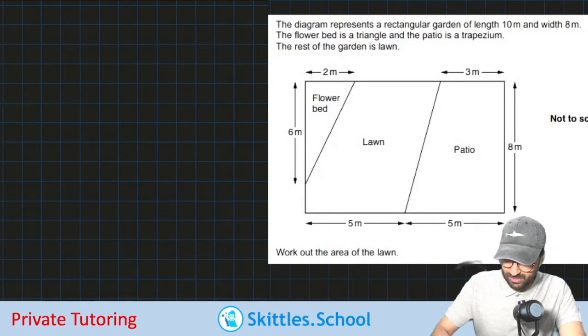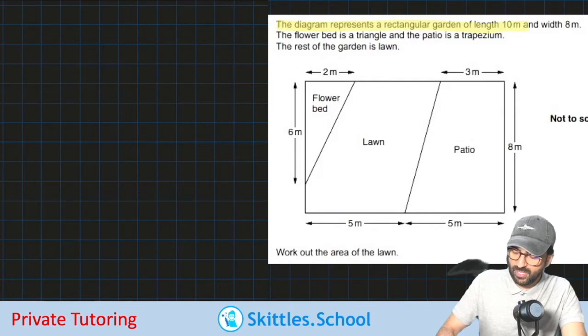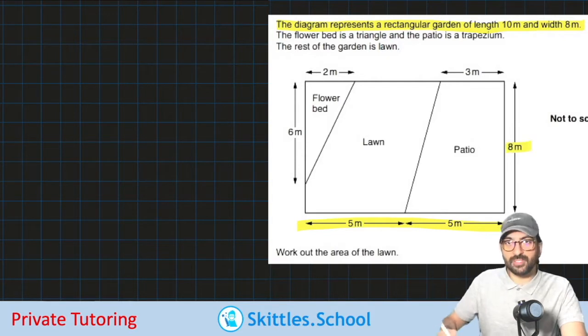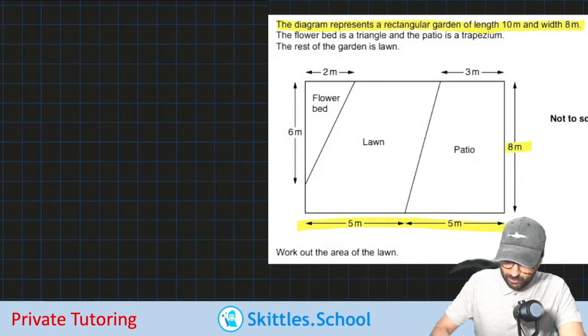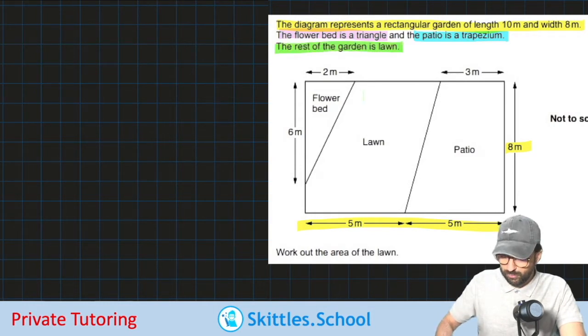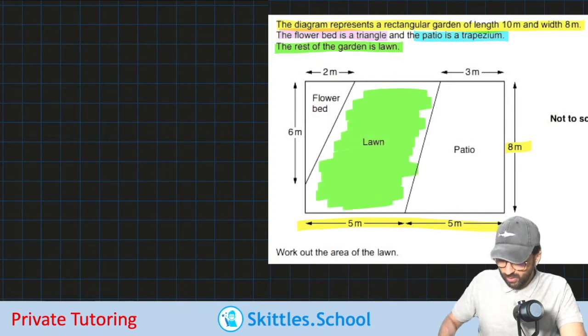It says, the diagram represents a rectangular garden of length 10 meters and width 8 meters. So we know the length is 10 meters and we know the width is 8 meters. It also says the flower bed is a triangle and the patio is a trapezium. And the rest of the garden is a lawn. So we know all this space in the middle here is the lawn, and we need to work out the